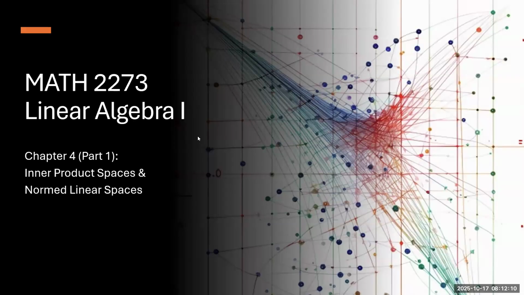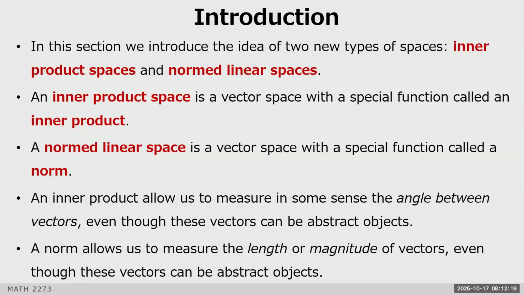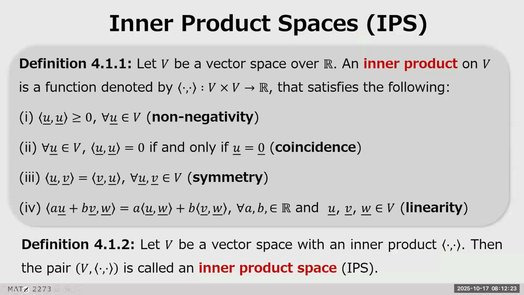So before we continue with where we stopped last time, let's just do a quick recap of what an inner product is. Okay, so we went through all the stuff last time. So an inner product space, sometimes called an IPS, we saw that it's just a vector